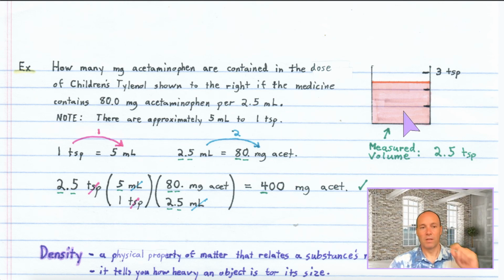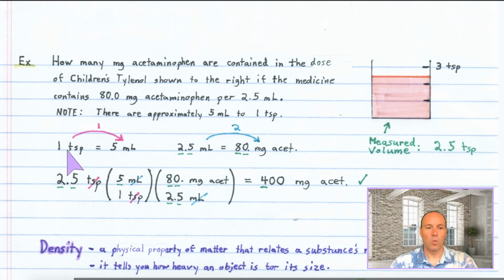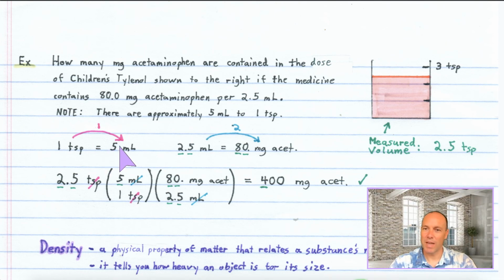Well, it turns out that 1 teaspoon is 5 milliliters. Approximately 5 milliliters. It's not exact. So 1 teaspoon is about 5 milliliters. Okay, you can look it up. It might be like 4.99 or something if you look it up, to see what it is more precisely. But let's just say it's approximately 5 milliliters, and we don't know any more precision than that. So